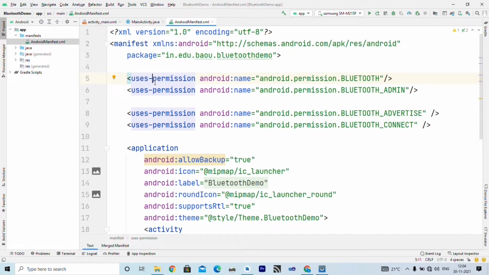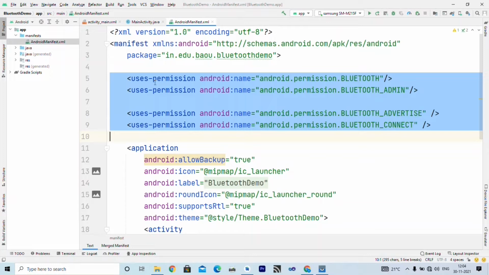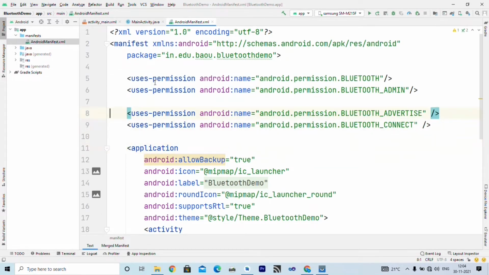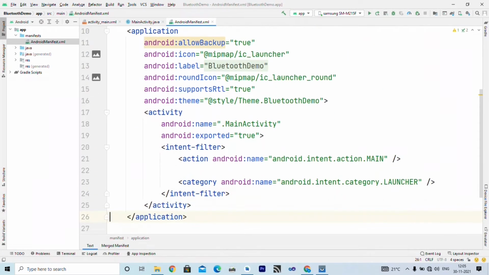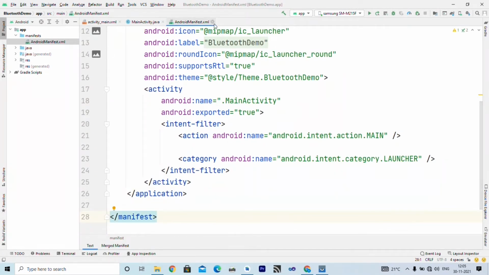So don't forget to include these permissions in your manifest file, and remember we will grant all these permissions manually if it is not already done, or when you install the application for the first time you can manually assign or allow these permissions if they are not granted. So these are the permissions that you require in order to use Bluetooth, right? So this is about the manifest file.